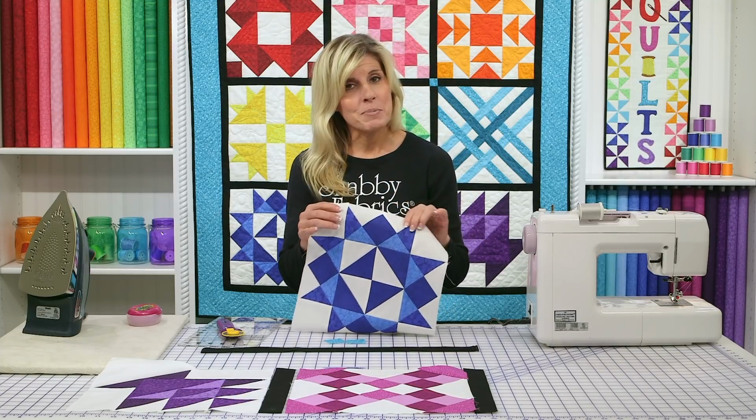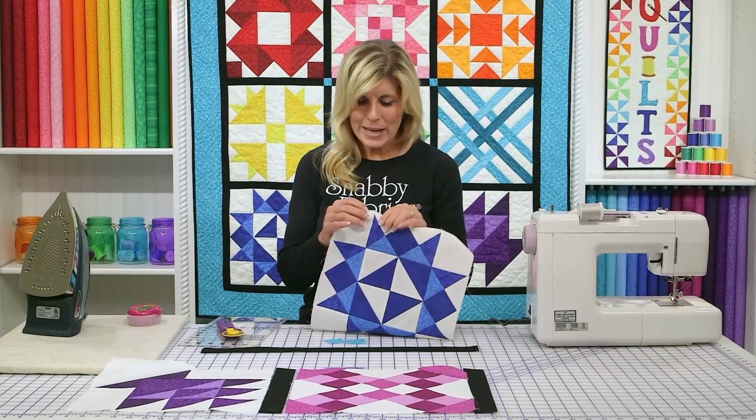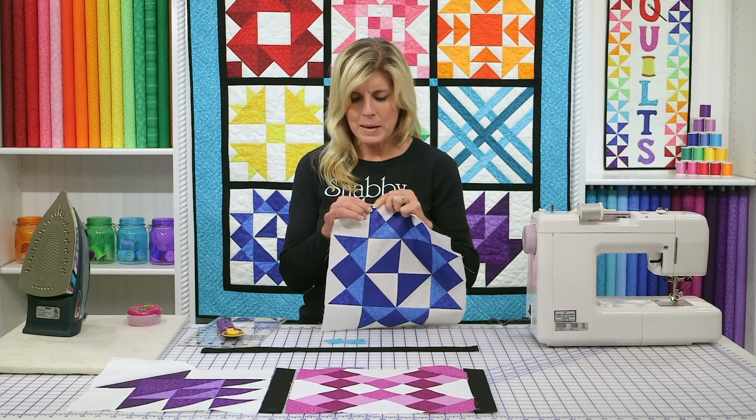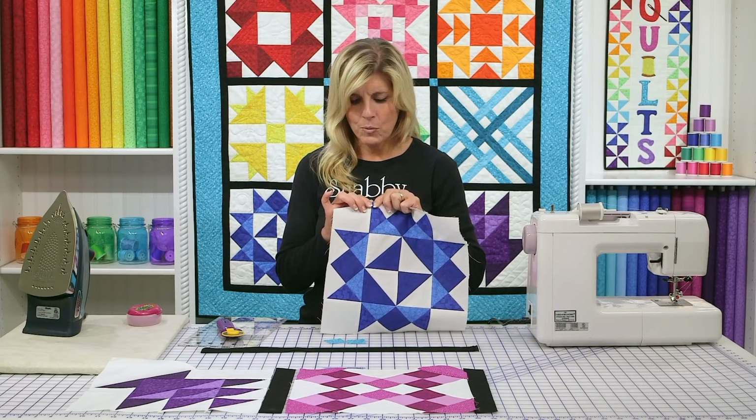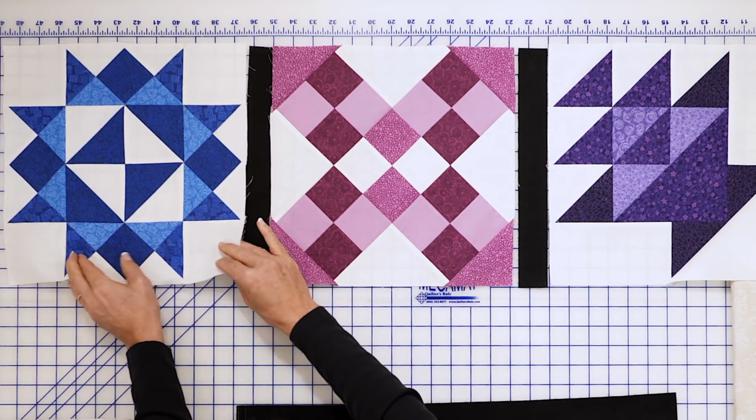So I've done this before when my blocks weren't so great and I started trimming, and all of a sudden my points weren't so pointy anymore, and they were kind of finishing like that. Once you've got the blocks the right size,